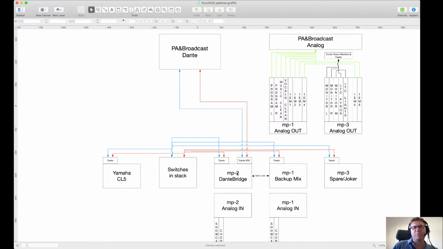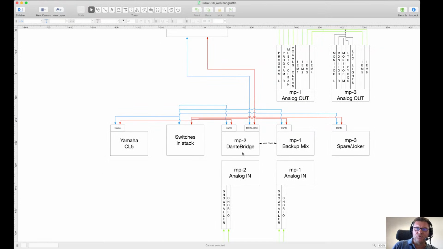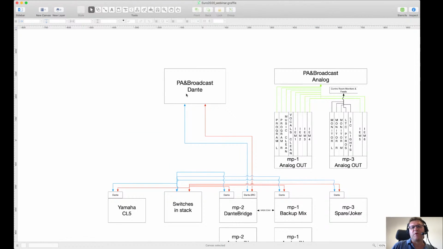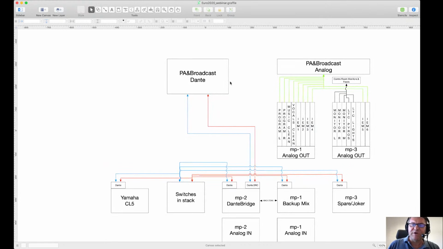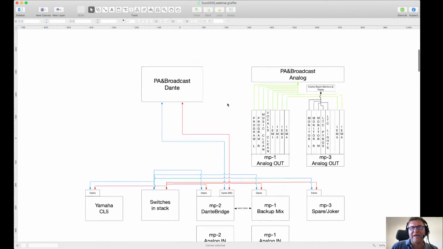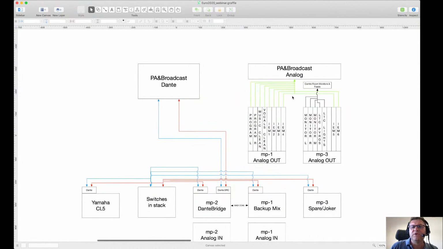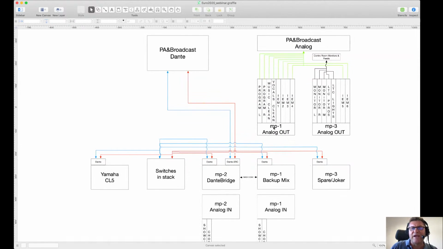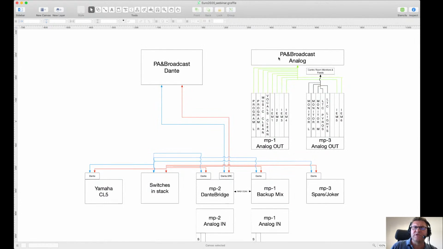The in-ear monitors were mixed from us, from Arturo, in our control room, but the physical connection of the transmitters of the in-ears were at the field of play, therefore connected to the PA and broadcast Dante domain. In order to have an extra level of redundancy, whatever happened to the Dante side, no matter if it was primary or secondary, we fed again all our feeds from another couple of PRODIGY.MPs using the analog outputs. Good old analog outputs as a backup towards the field of play,